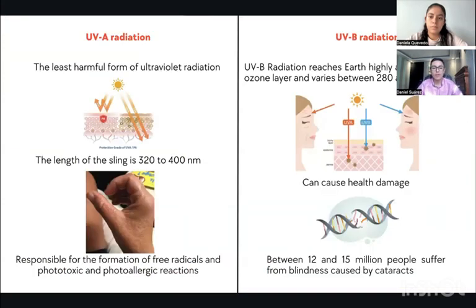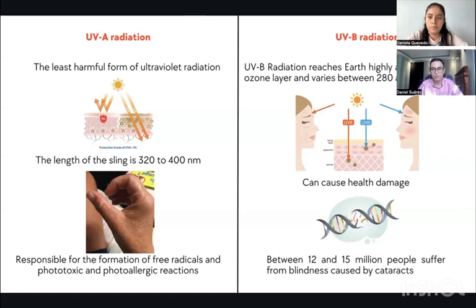UVA radiation is the least harmful of all ultraviolet radiations, and the one that reaches the Earth in greater quantities, but it poses less danger because it is less energetic, and is also responsible for tanning the skin. The wavelength is 320 to 400 nanometers. UVA rays can cause immunosuppression, and they are also responsible for the formation of free radicals and phototoxic and